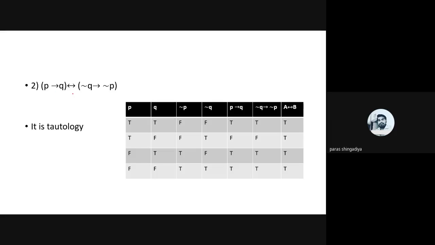Okay. Again, two brackets are given. In the first bracket there is a conditional operator between P and Q. In the second bracket there is negation Q conditional to negation P, and then we'll apply the biconditional operator between these two brackets. Okay. You can also define notations for this one, A and B, any arbitrary notation you can use here. Okay. So let us first define the P and Q columns. These four outputs are a fixed set: both T, TF, FT, and FF.